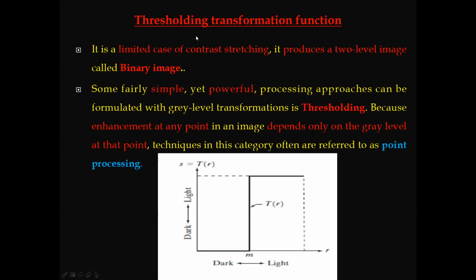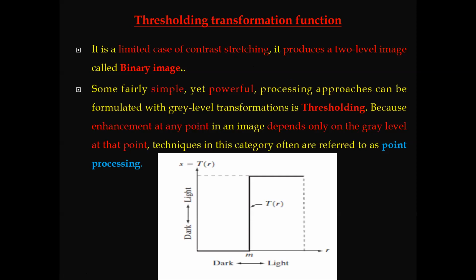Now coming to the thresholding, it is a limiting case of contrast stretching. It produces only two-level images called binary. Fairly simple and powerful. Now see, enhancement at any point in an image depends only on the gray level at that point.